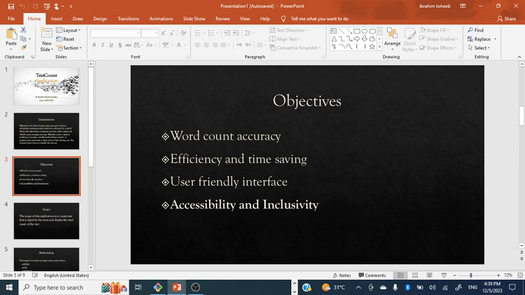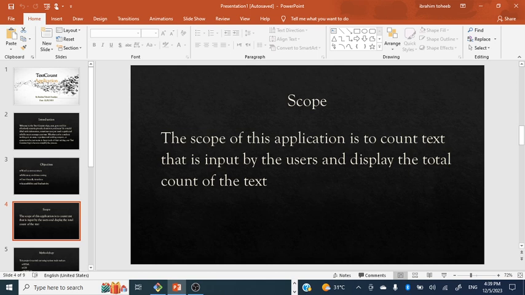The main objective of this application is to give you an accurate number of texts that you've written. The second objective is efficiency and time saving. It will save you from the archaic method of counting words line by line. The interface is user friendly and accessible to everyone who cares to know the number of texts they've typed so far. The scope of this project